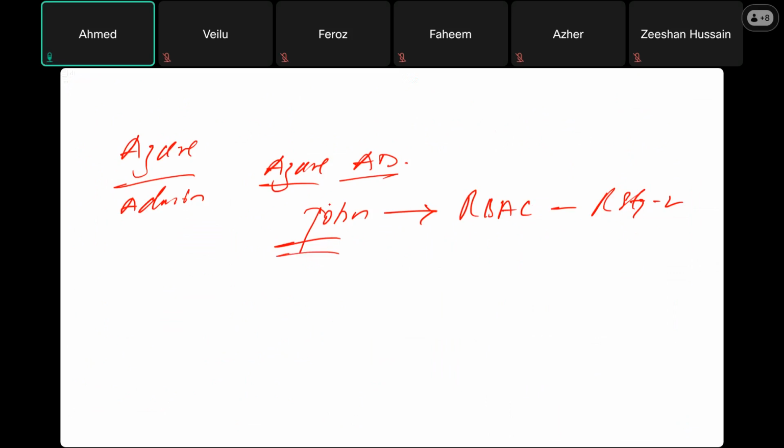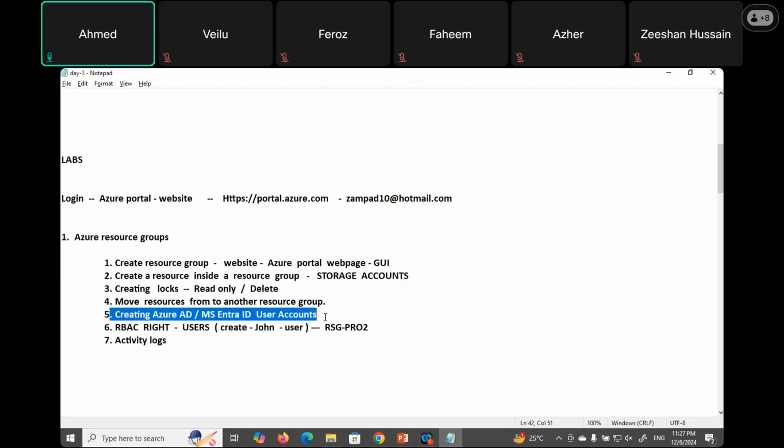So I will show you guys how to create Azure accounts. You can create one, or you can create more than one, maximum 5 lakhs, guys. In a free Azure account, you have the right to access Azure Active Directory and up to 500 user accounts. But if you want to increase the limit,